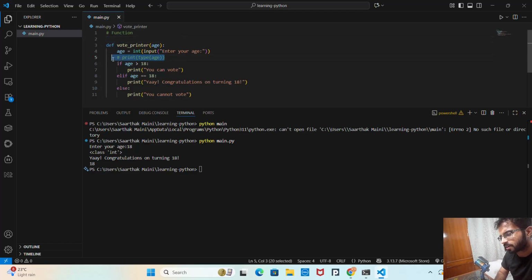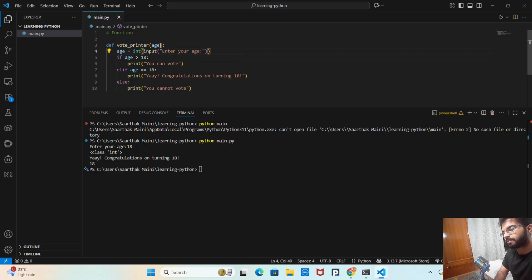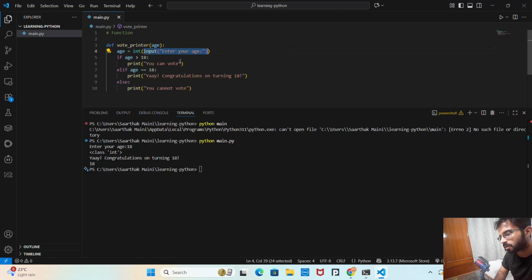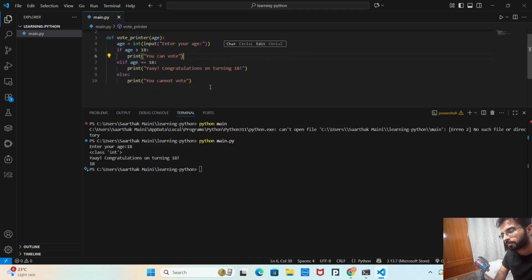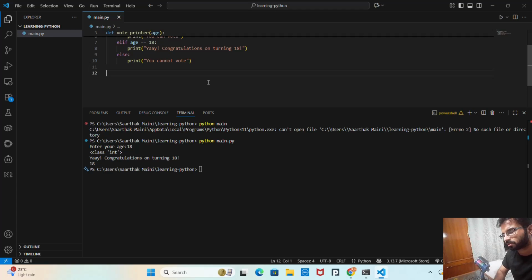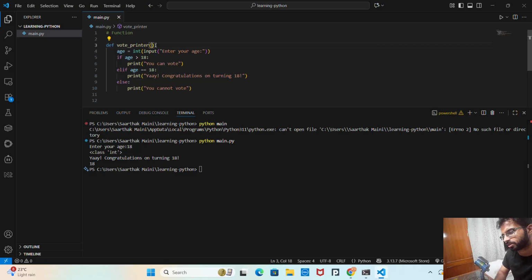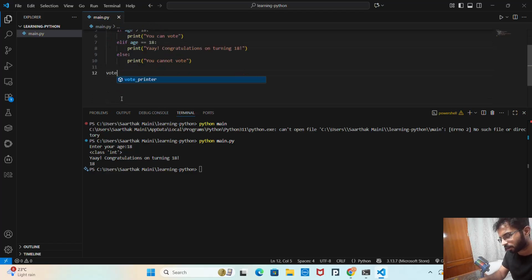Now in this I can just remove this thing. I am saying in this vote printer function I give an age. If my age, which I am taking as input, is greater than 18, print vote, and this you know the drill, right? I am taking age as an input right now. I don't need this parameter, I'll just remove it. And now,